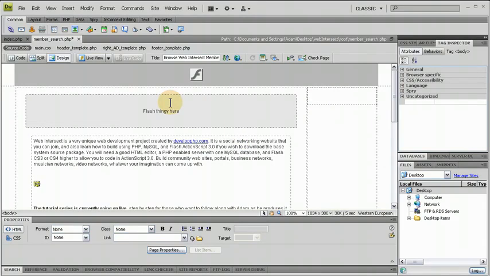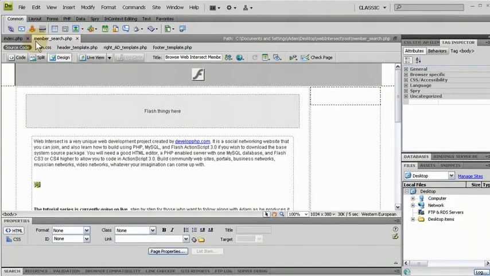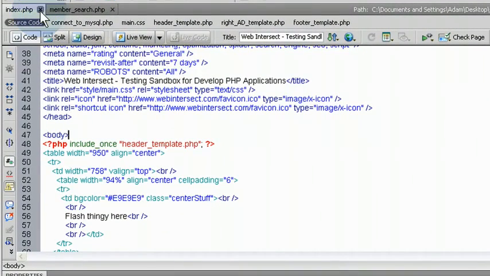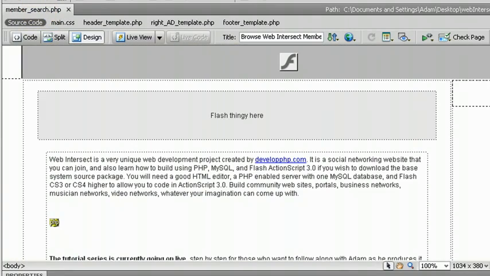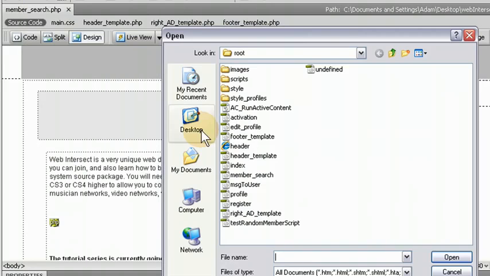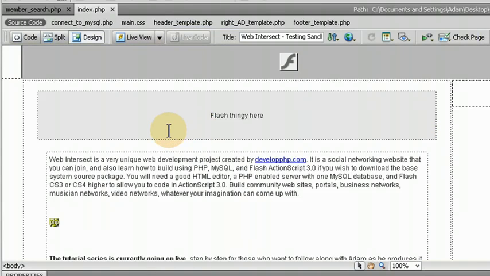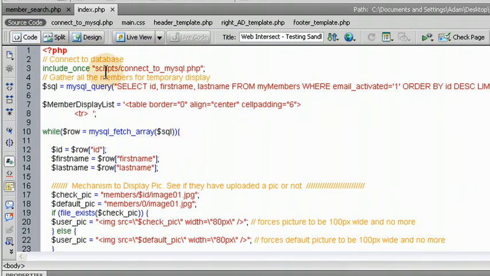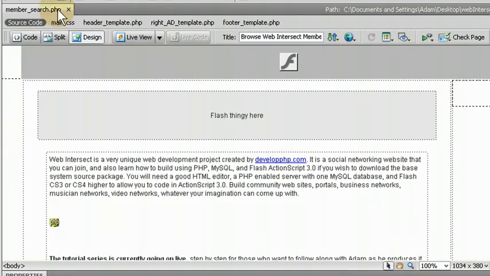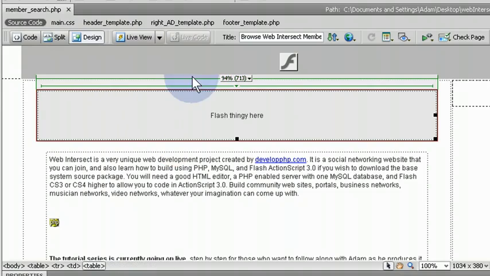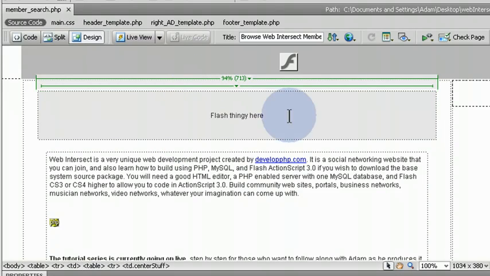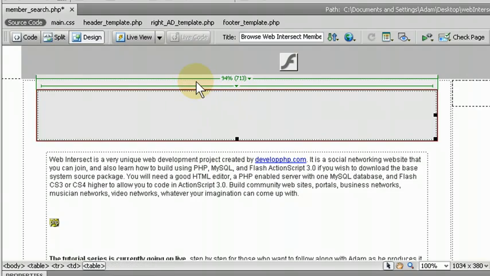Okay, so now we have our member search page. Let's press Ctrl S to save it. Close the index page because I don't think we need that anymore. And let's make sure I didn't ruin the index page on top there. Yep, still has its PHP. Now we'll get rid of this box. Actually, we'll keep this box, and we'll just give it